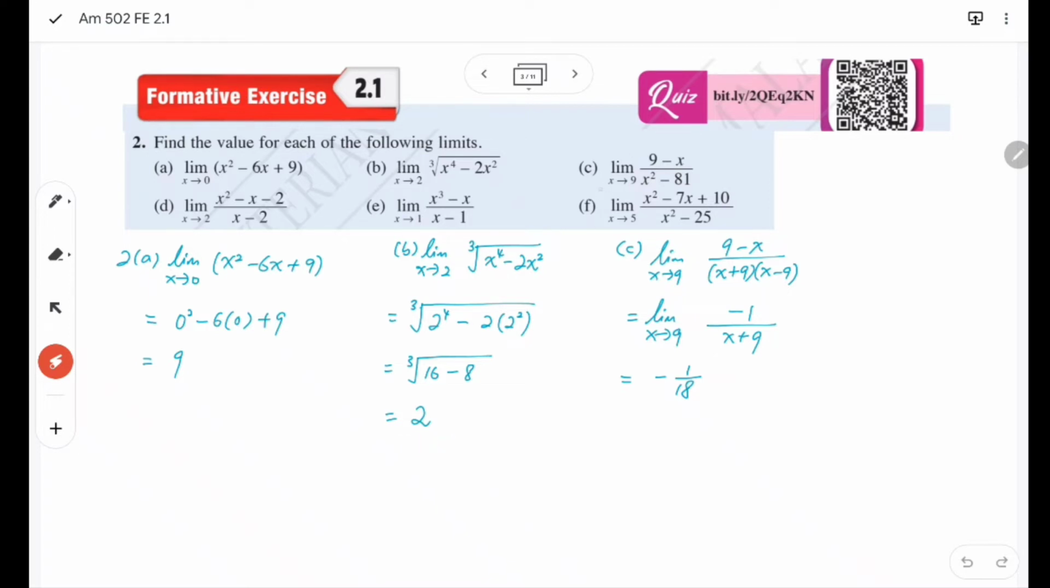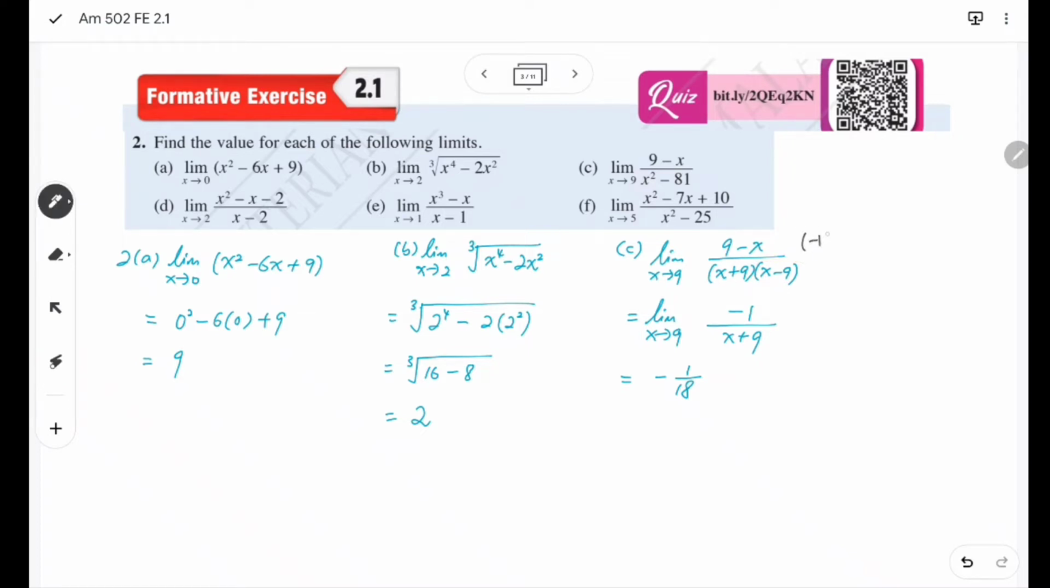C. The limit when x tends to 9 of 9 minus x over x squared minus 81. If we substitute the 9, then we get 0 over 0. So we cannot straight away do substitution. But we can see in the denominator, we can do factorization. x squared minus 81, we can factorize it to become x plus 9 and x minus 9. So we see 9 minus x and x minus 9 here, which is actually